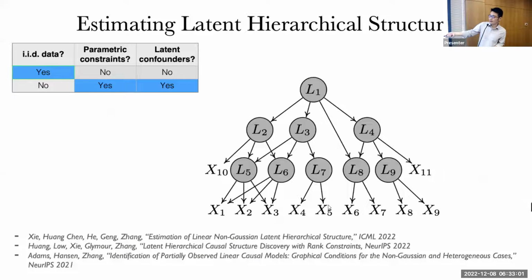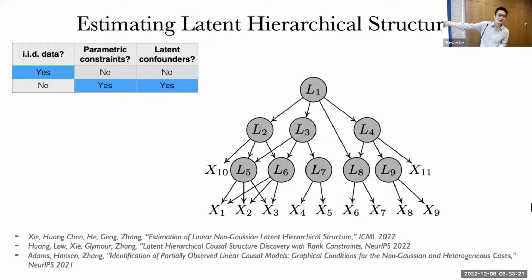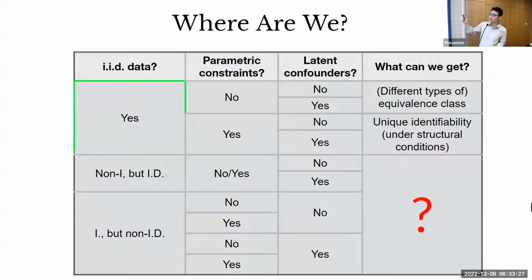Here, in those papers, we basically recover the deep latent structure by analyzing the measured variables. So you can allow a lot of latent variables and you can recover their relations, even if you have a deep structure. Of course, here we assume the relations are linear. So we benefited from parametric constraints. And currently, a lot of people, including my group, are working on the general situation. Essentially, you have to make use of parametric constraints in the previous setting.